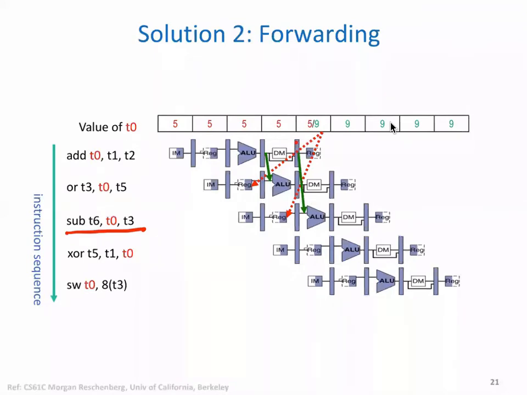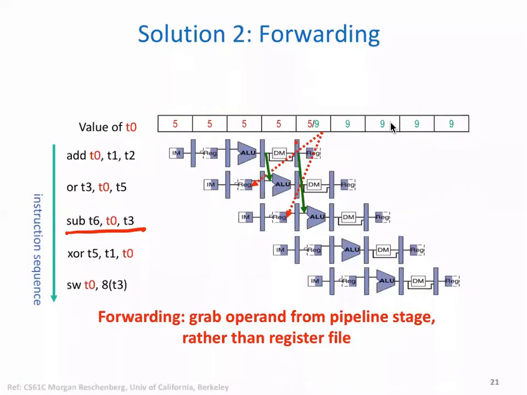All right, so the concept is that rather than waiting till the end when the value is available in the register, we create a path for the value to be used much earlier, as soon as the value is available. Now this will of course complicate the design. We'll have to have more controls to control this kind of forwarding. So it adds complexity, but it's very often used.